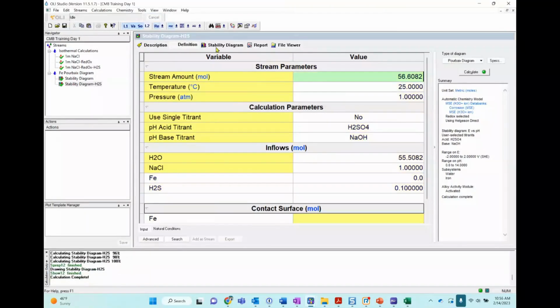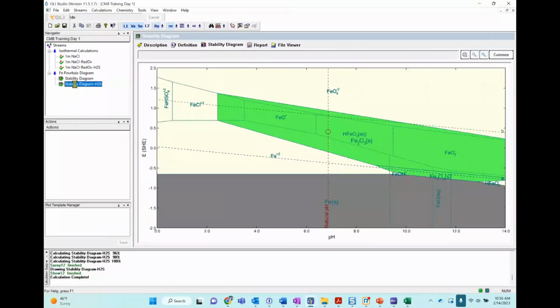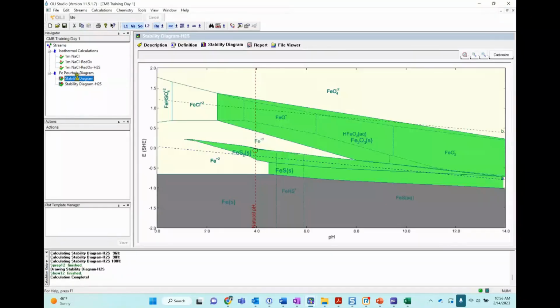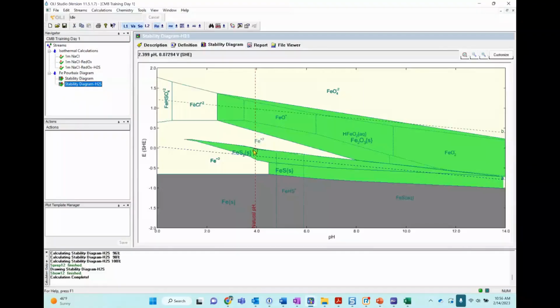Going to save and go to stability diagram. Okay, I do see differences here, so you can just compare visually. Now we have an extra region down here where we were supposed to have corrosion.